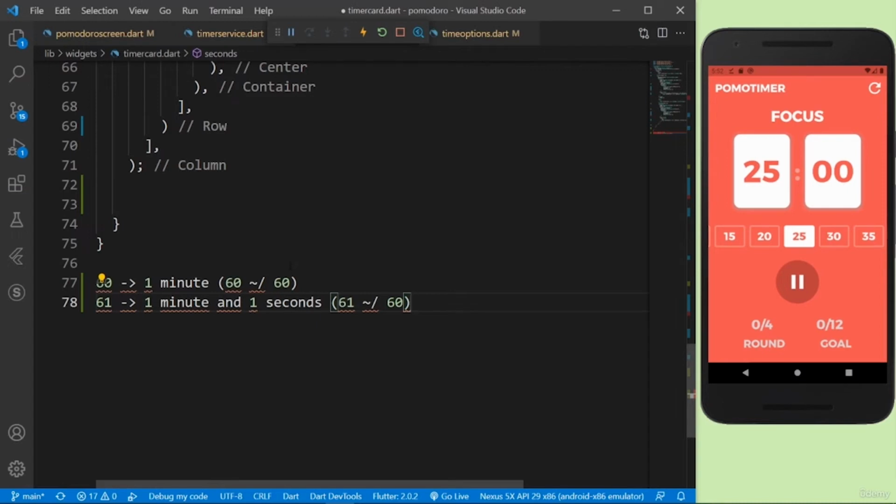So for example, this is how we get the minutes. Now to get the seconds, I have to say 61 modulo 60 to get the remainder. The remainder of this is actually 1, and this is 1 second. And for 62 it's pretty much the same principle. It's 1 minute